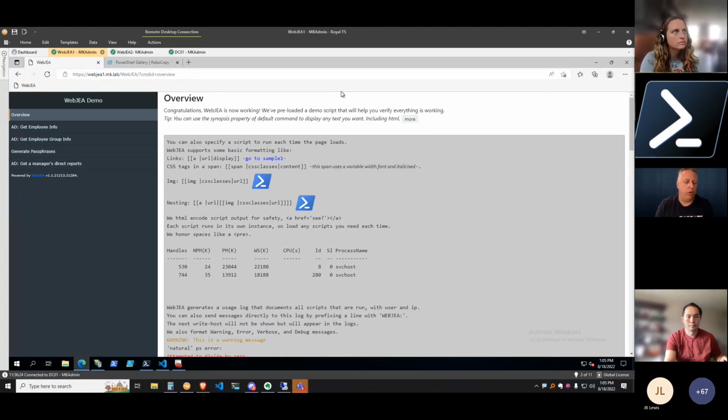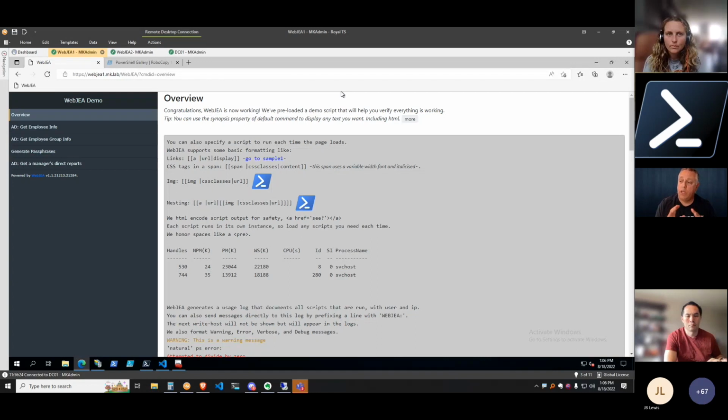And I want to make sure that those community members get their due respect. Those are fantastic modules. Those are professionally built modules by community members that write code at a very high level and have support offerings with those modules as well. And so if you need more than what WebGeo does, certainly look at those modules and those tools. They're fantastic. But if you're looking for a simple way to make a self-service portal in your company, WebGeo does one thing and it does it really well. And that's what I wanted to show you today.